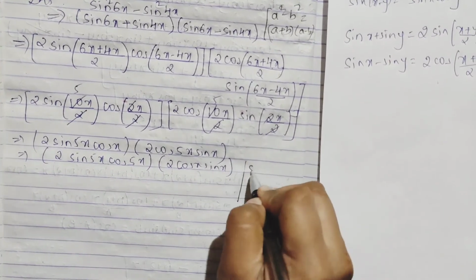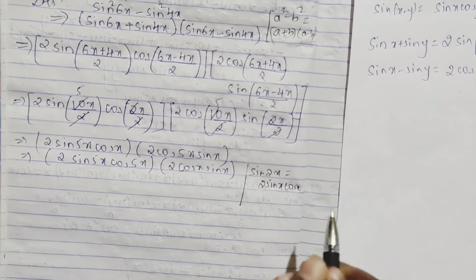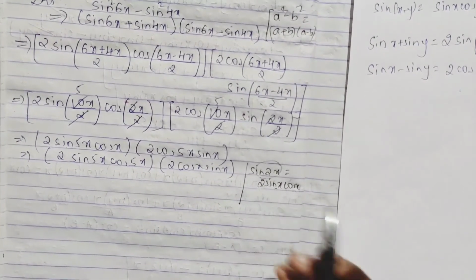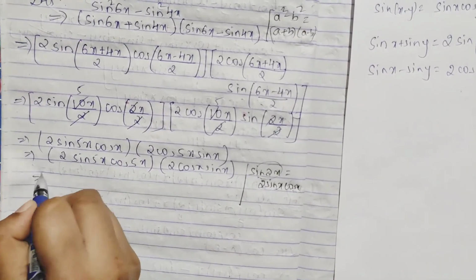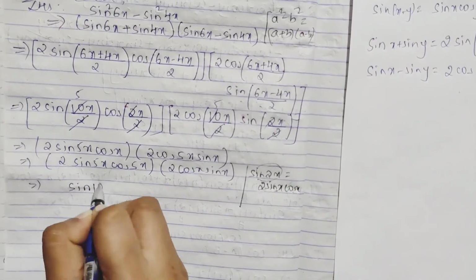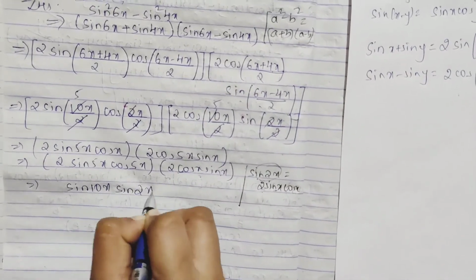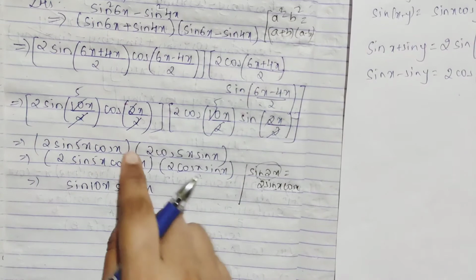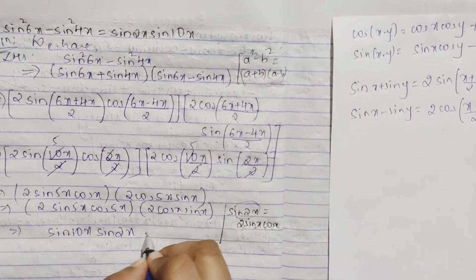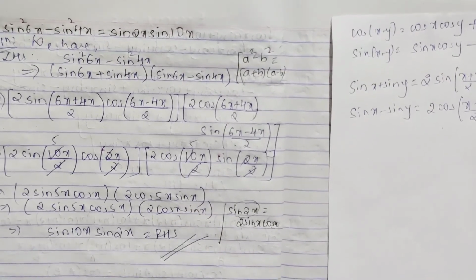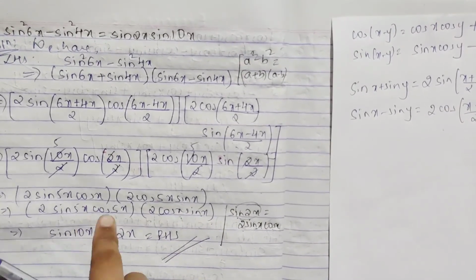We have our formula, right? Sin 2x is equal to what? 2 sin x cos x. So whatever angle is there, its double will be this, right? Sin 2x is 2 sin x cos x. So this I can write as sin 10x, and this 2 cos x sin x is obviously sin 2x. See whether we have got the same. Yes, we have got the same, right? This is what they asked. So we have arrived at our RHS. Understood how we have to do, students? 2 sin 5x cos 5x is sin 10x.